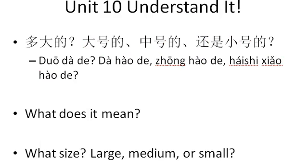Okay, what size? 多大的,多大的, what size? Large, medium, or small? 大号的,中号的,还是小号的? Okay, good. Okay, next we have